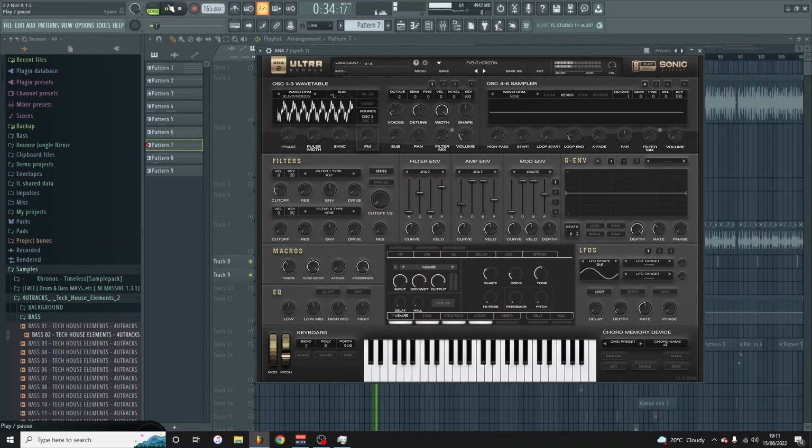Yeah, this was just a preset from ANA, or Anna, I think they call it, which is a synth that you get with Sl8r Digital. It's really good. They release new presets for it every month. But it is a really powerful synth if you wanted to go in and make your own